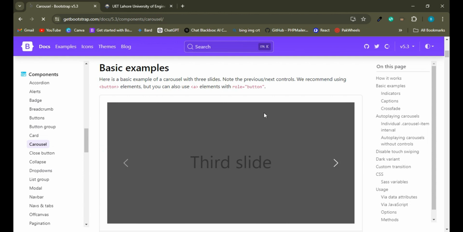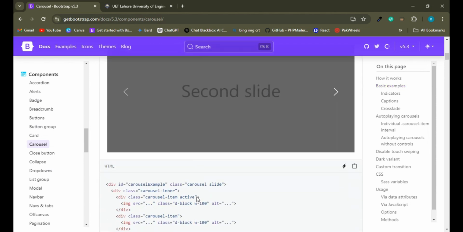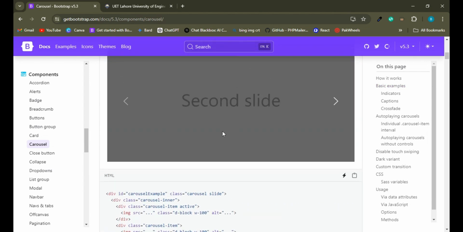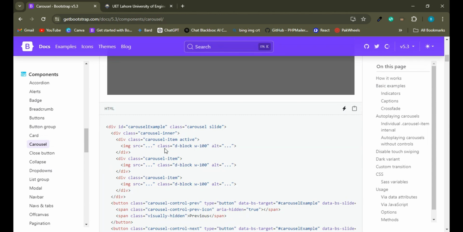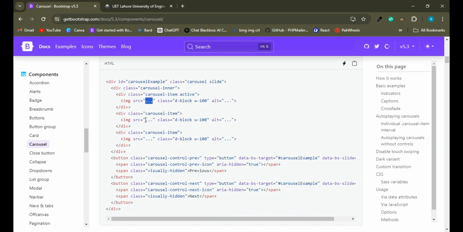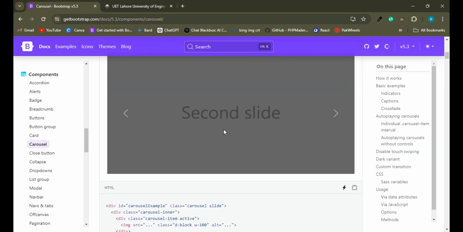In the first section of any website we would have carousel type, like a slider, first image, and if we click here the second image is shown, and click here the third image is shown. This is the code for this section. We would simply have to write here the source of the image, and we would see the images showing here,